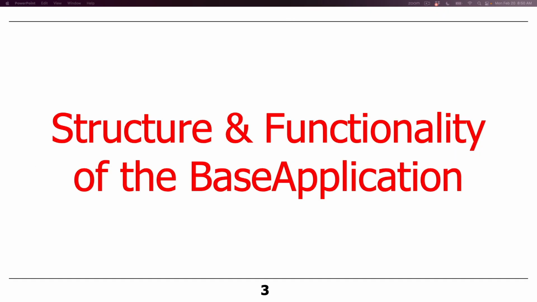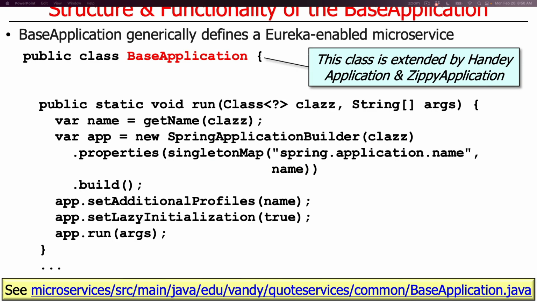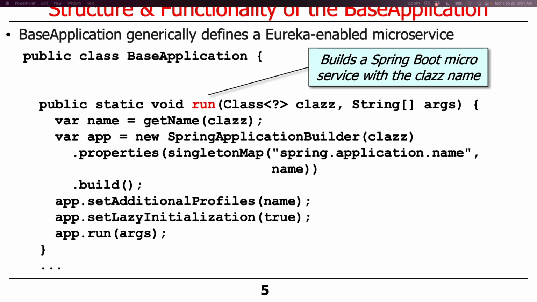First, let's talk about the structure and functionality of the base application. The purpose of this is to define a generic Eureka-enabled microservice creation infrastructure. We have a base application class that will be extended by Handy application and Zippy application, so they'll inherit from this. Then they will call its run hook method, passing in the appropriate microservice implementation class, like the Zippy application.class or the Handy application.class instance, and anything else that they want. This creates a name from the class by extracting out the name of the class, and then it creates the application with that name,